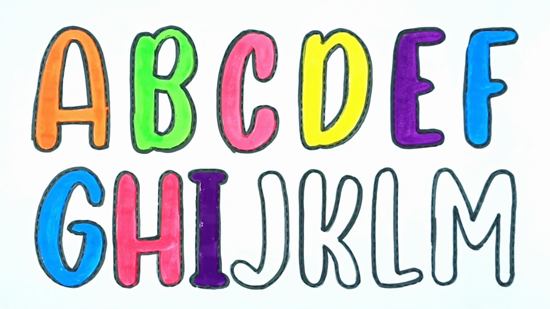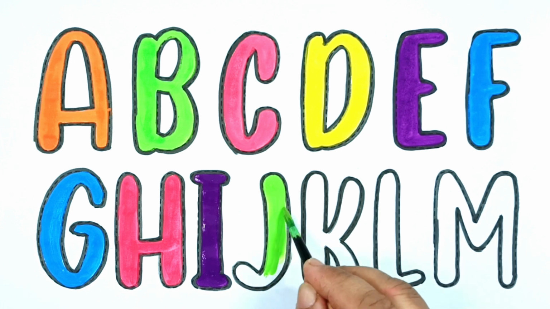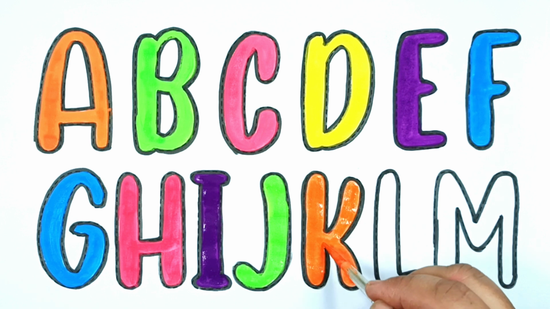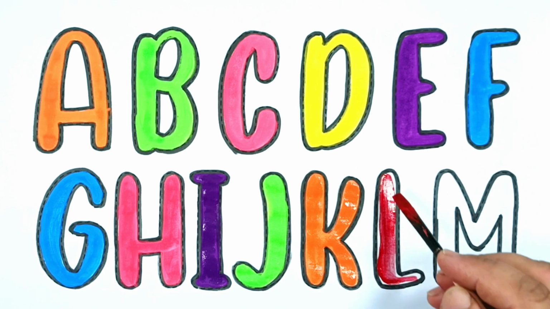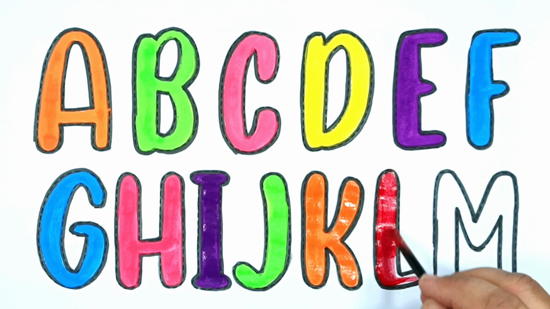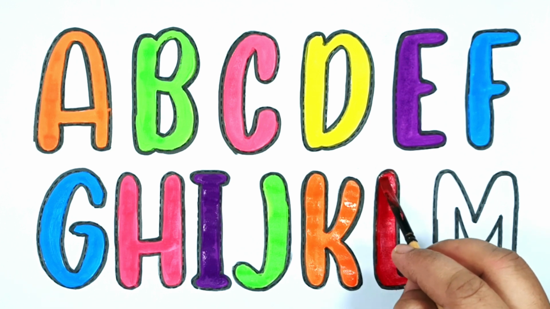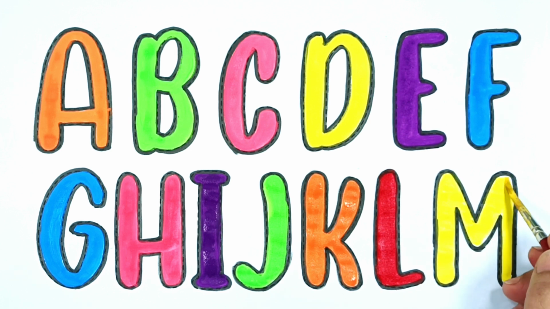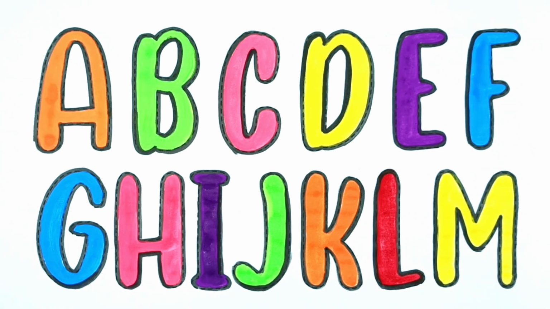I is for igloo. J is for jelly. K is for kite. L is for lion. M is for mango. A B C D E F G H I J K